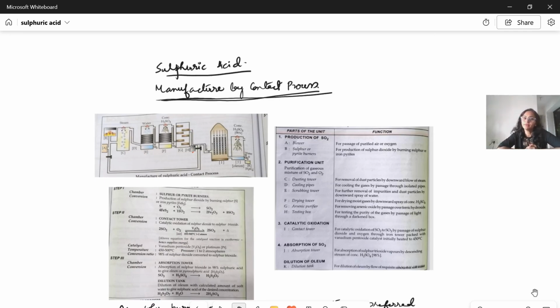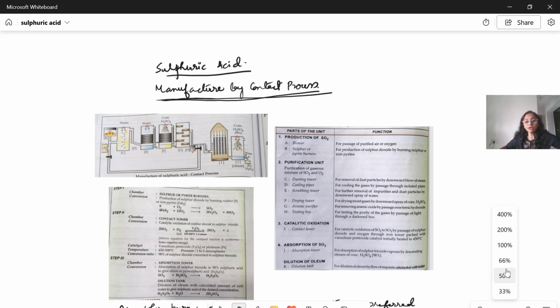So, students, today we will be doing the sulfuric acid chapter. In this chapter, as per the ICSE board syllabus, we mainly have the manufacture of sulfuric acid by the contact process, and the chemical properties of sulfuric acid. Our focus will be on the contact process and the chemical reactions of sulfuric acid. So, let's get started. We'll cover the contact process first.